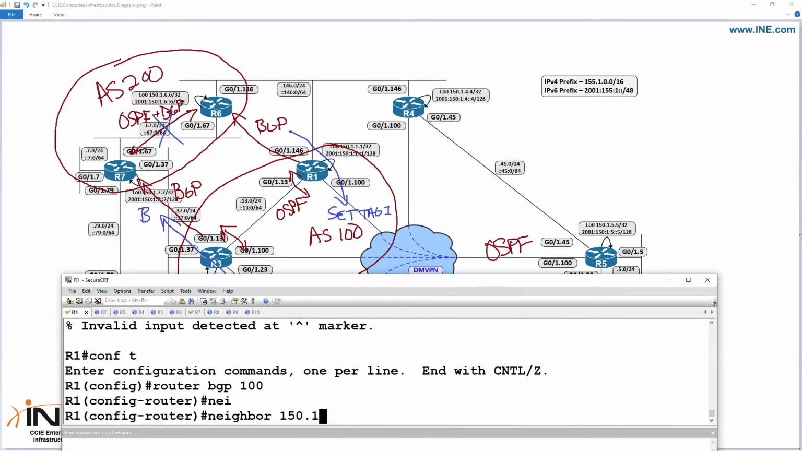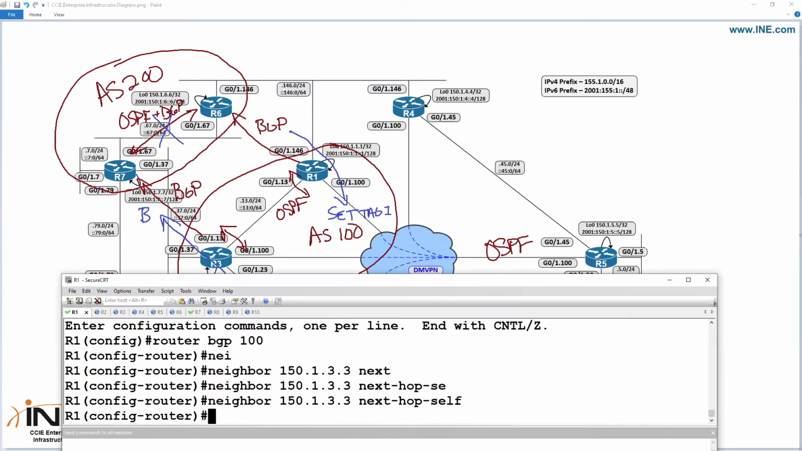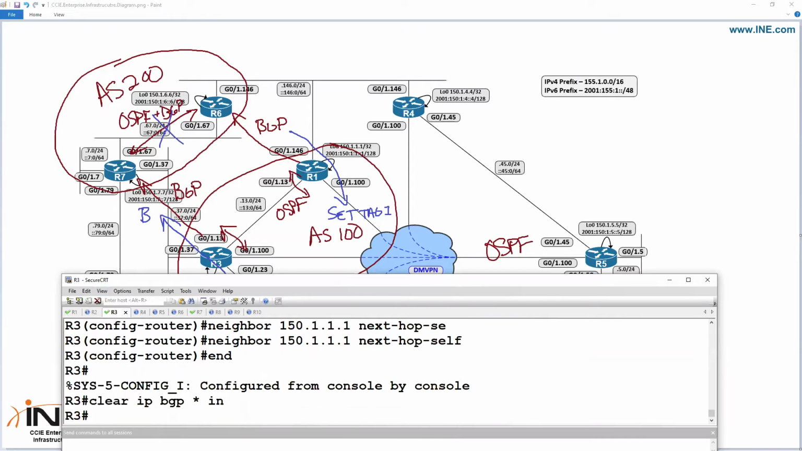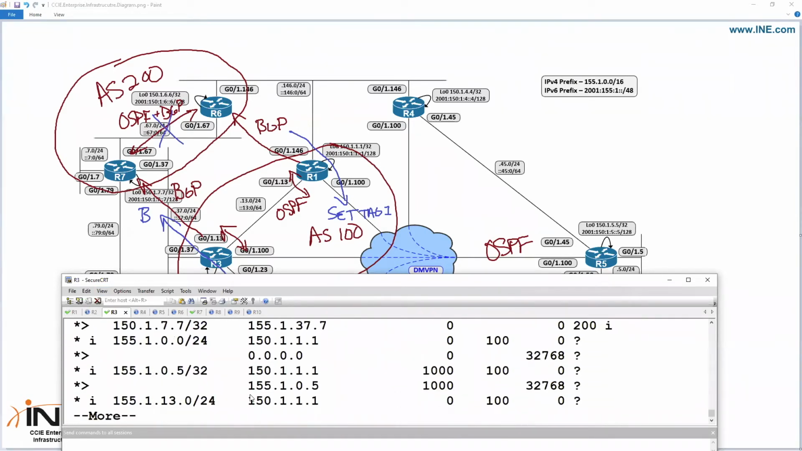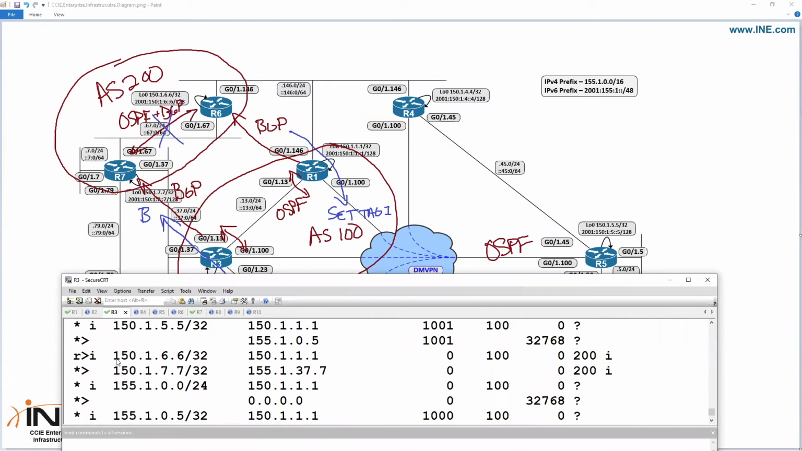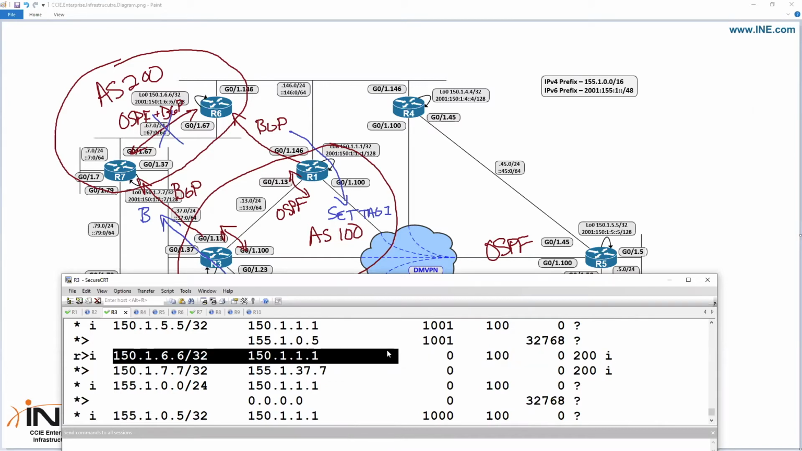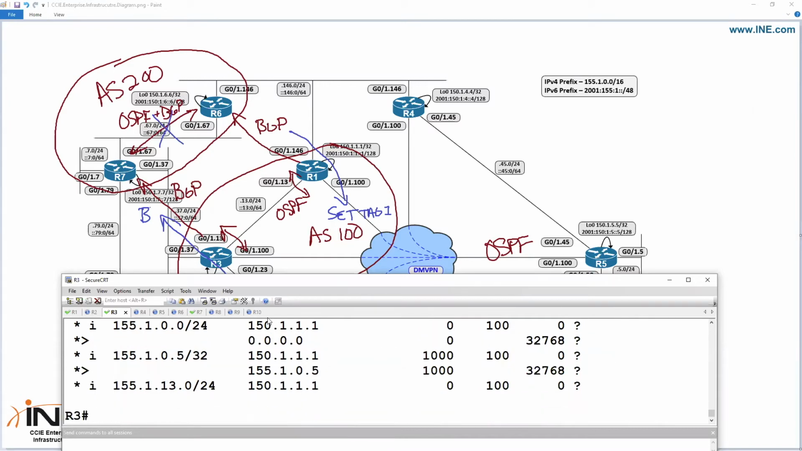Neighbor 150.1.3, next hop self. Okay, then on router 3, let's ask for a route refresh to clear the table, clear IP BGP star in. And we show IP BGP. And now 150.1.6.6 is coming from 150.1.1.1. Okay, so if we look at what we are advertising from 3 to 7 now in BGP, show IP BGP